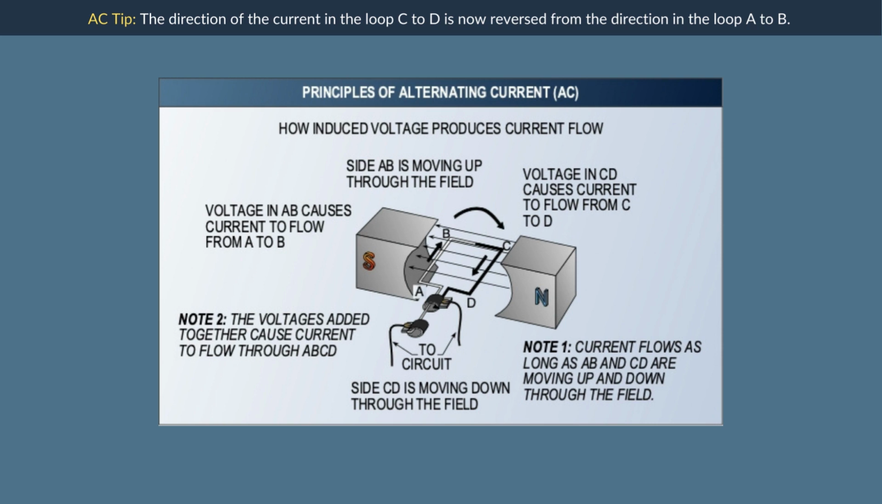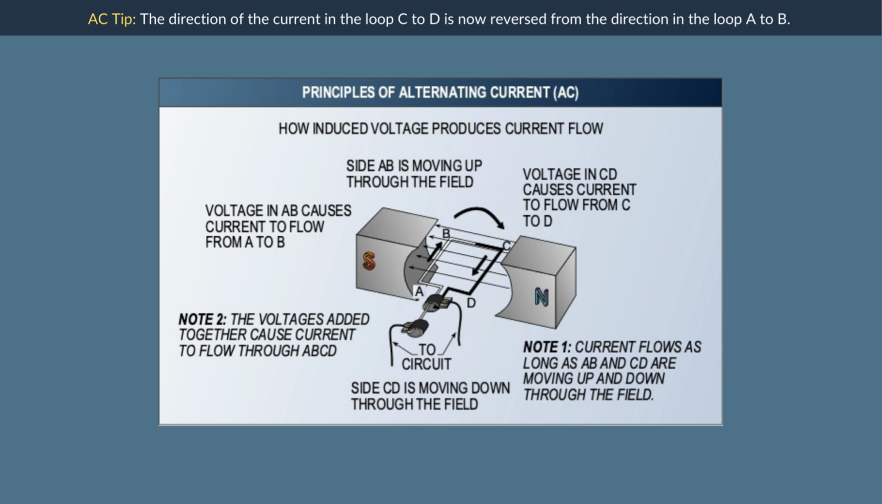When the coil is in a vertical position, the sides are moving horizontally and parallel to the lines of force, and no voltage is induced. However, as the loop moves through this position, the side AB rotates down through the field, and the side CD rotates up. When current flow is connected to an external circuit by the action of slip rings, the current travels